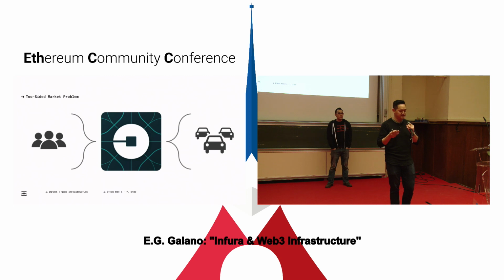And this is the two-sided market problem of incentivizing people to run full nodes: you can create this incentive protocol, but it's too expensive for people to run nodes, and then nobody's really interested in paying for something that they haven't even tried yet. Right? And so I like to use Uber as the example. Some people don't consider Uber a pure two-sided market, but just bear with me. If you have all of these drivers but no riders, then you're not going to have drivers and they're going to go to some other platform, right?